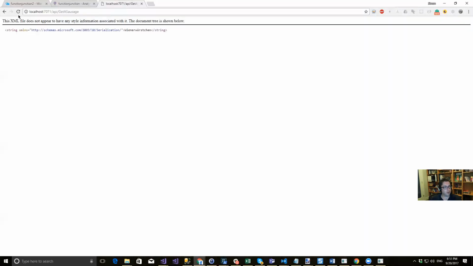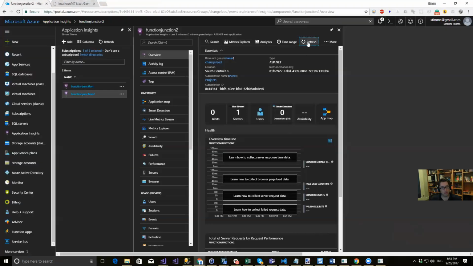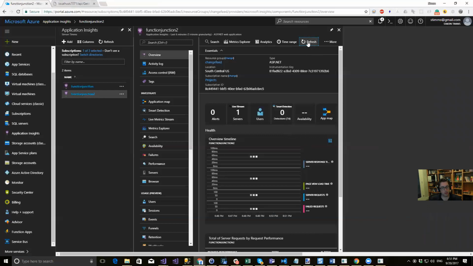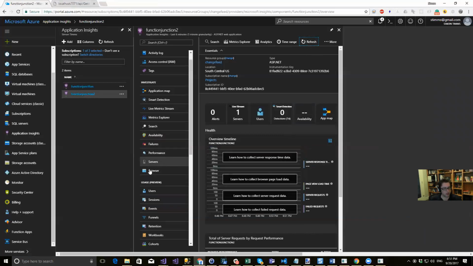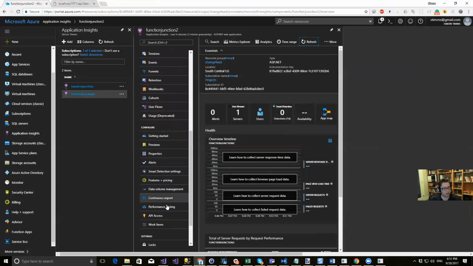So I'm going to hit this endpoint a few times and see if I can feed it some data. See how this does. Still not up yet. Now I suspect if I go down to the live one, I'll see there's a